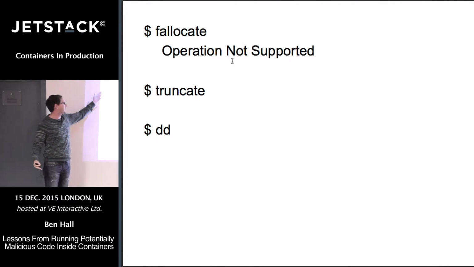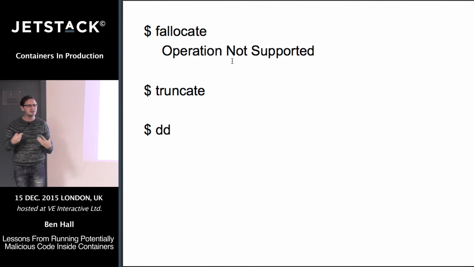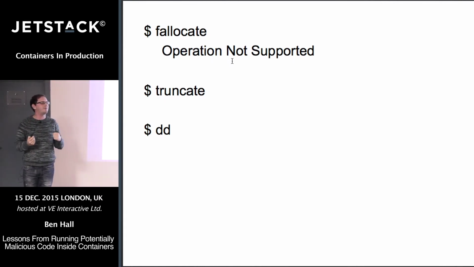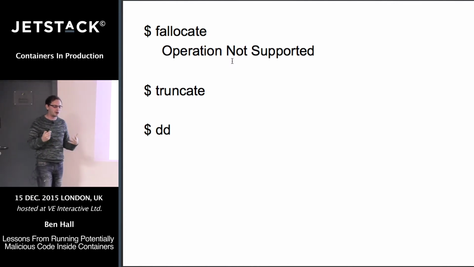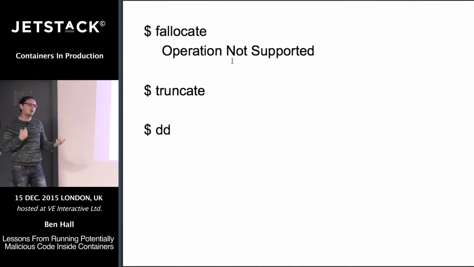But with Linux, there's multiple ways to solve different problems. So they could have done truncate or they could have done dd. Again, it's not great. And managing disk space with Docker is actually particularly difficult. They said use device mapper, but I'm sure some of us are aware device mapper doesn't actually work as described, and there's lots of performance issues. And this is one of the issues which we still battle with.